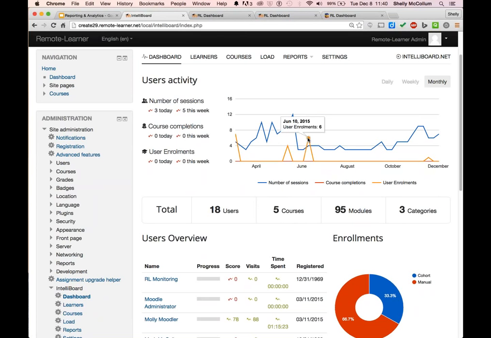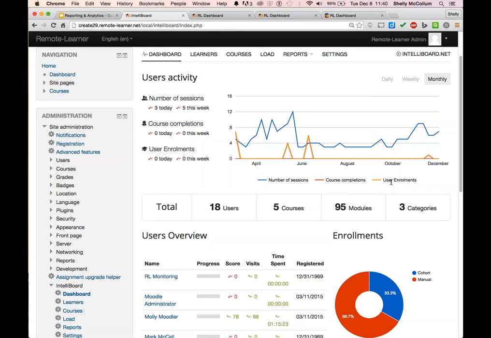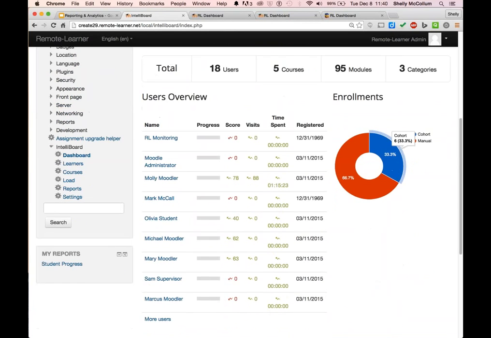And you can click on any of the data points to get a little more detail about those specific data points. And you can see it's looking at not just the number of sessions, but courses and enrollments of users. Then when you scroll down a little bit further, you get some enrollment information. This is going to be about enrollment methods. This one just shows cohort and manual, because those are the only two enrollment methods being used on this site,